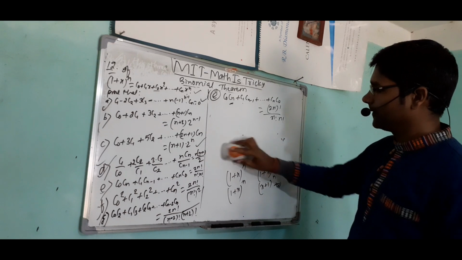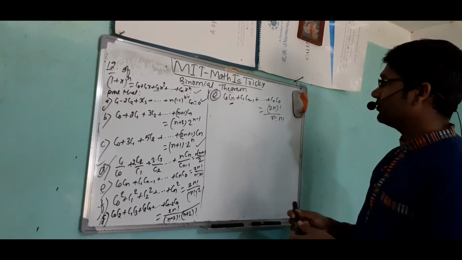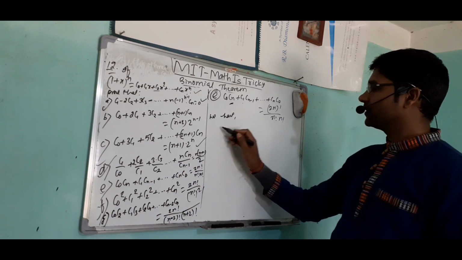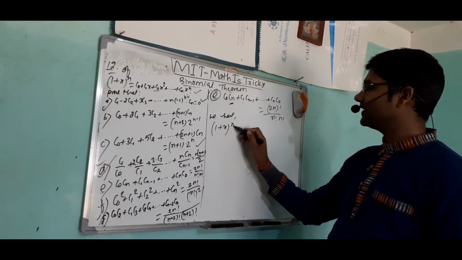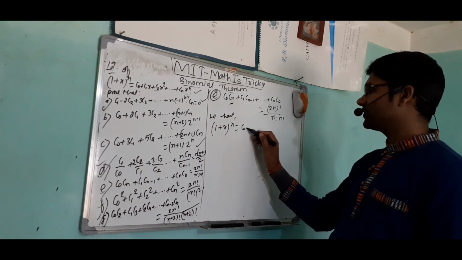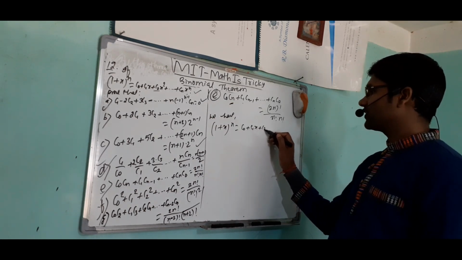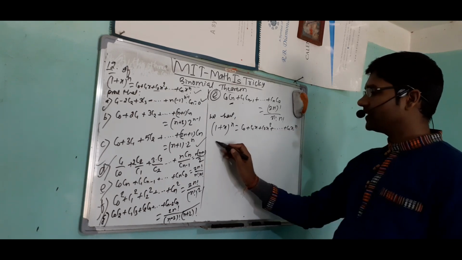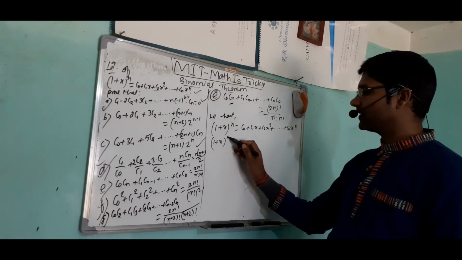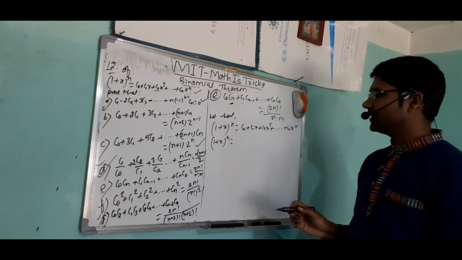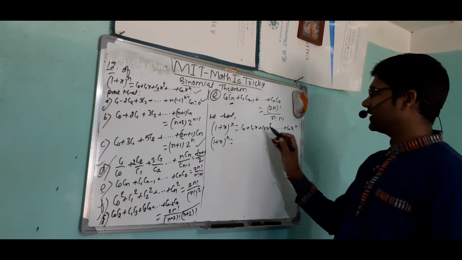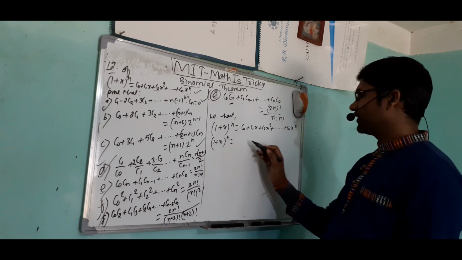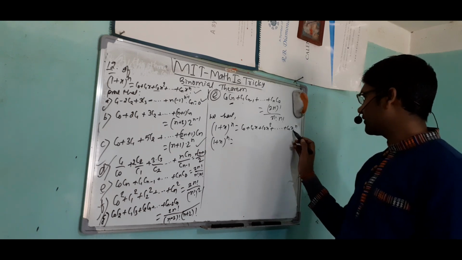Now let's solve this. In this case, we have (1 + x)^n = c0 + c1 x + c2 x^2 + ... + cn x^n, already given here. I can write here (1 + x)^n. As I told, n means no change, we don't change here. So now, if I write from the last,